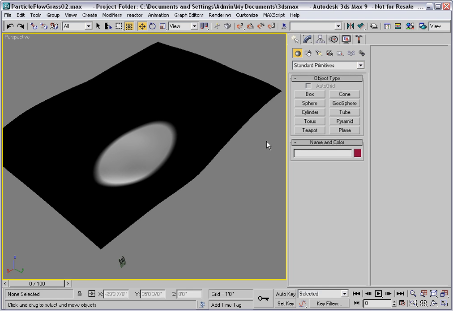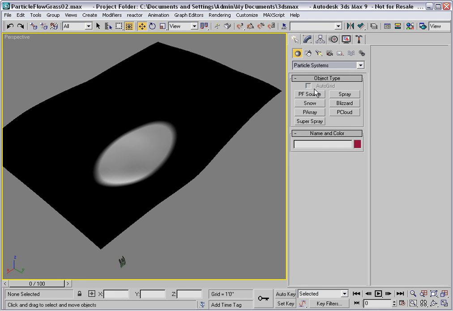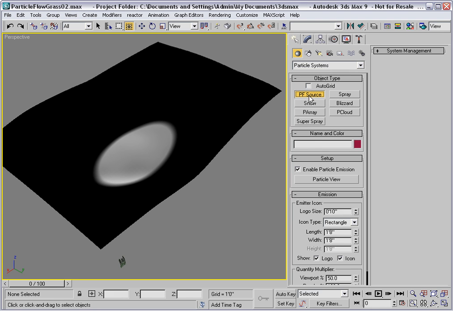I've opened the Particle Flow Grass 2 sample file, which you should open if you're jumping in here. Otherwise, I'm just continuing on from the previous video. Now it's time to create the particle flow source. On the Create panel under Geometry, choose Particle Systems, Particle Flow Source, and drag out the icon somewhere in the